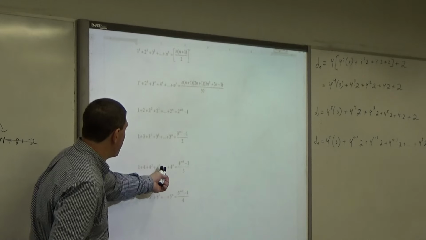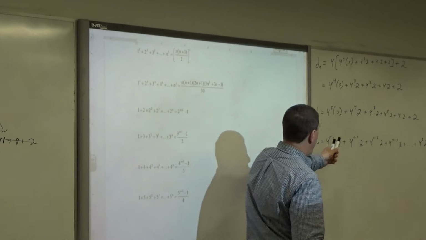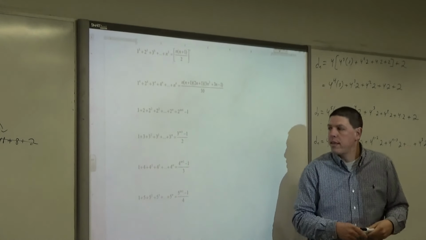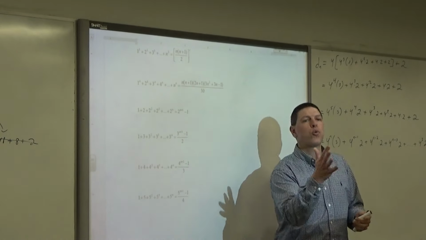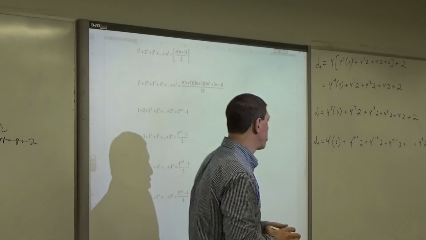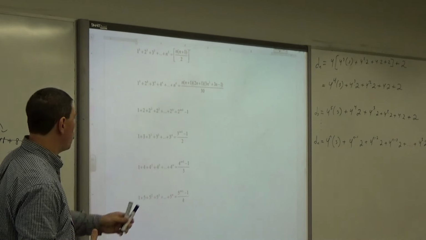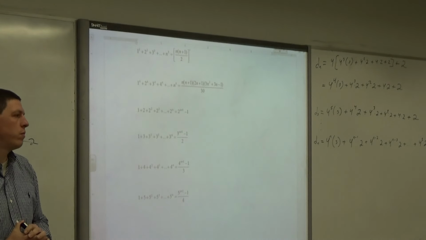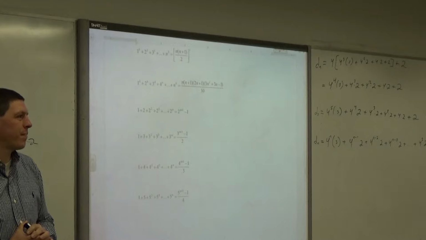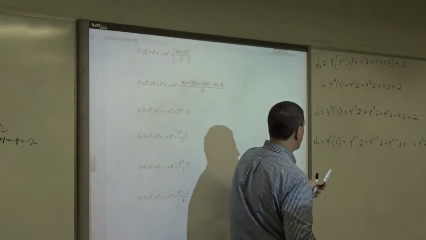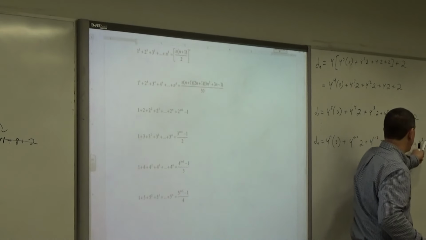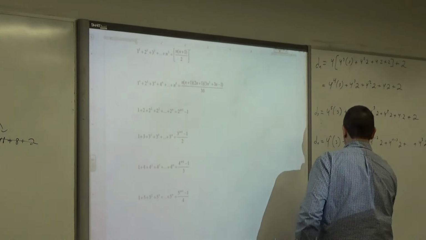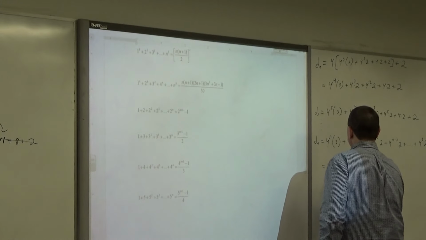Guys, doesn't this look like it might be helpful? Because don't we have like a 4 to the n and a 4 to the n minus 1 and a 4 to the n minus 2? So I think that might be really helpful to us after we doctor it up just a little bit. So what's one thing that we might do to be able to use this formula that might be maybe not so obvious, but we could do? I see a 2, I see a 2, I see a 2. Can I factor a 2 out? So let's write it like this, maybe. 4 to the n times 3